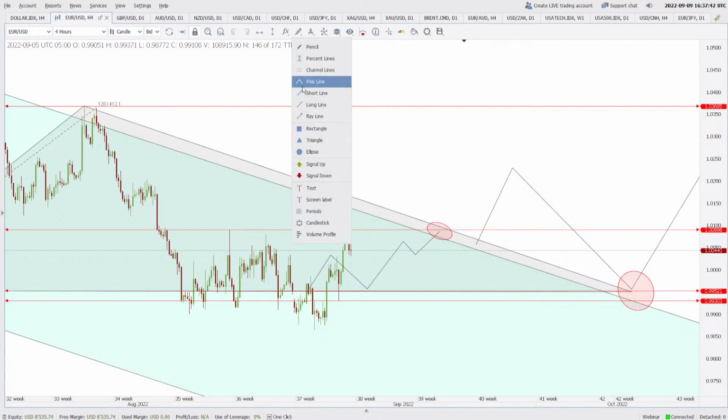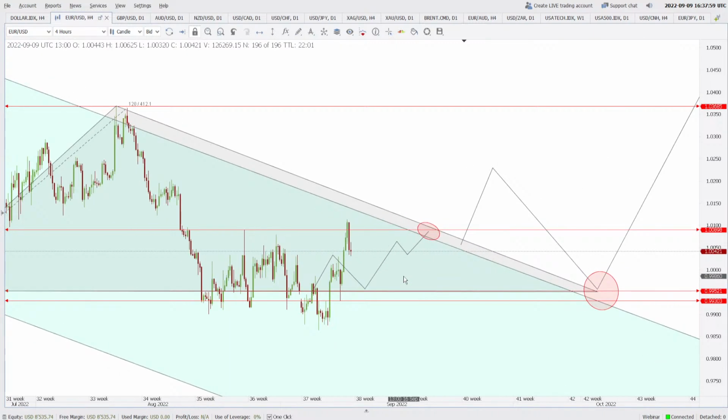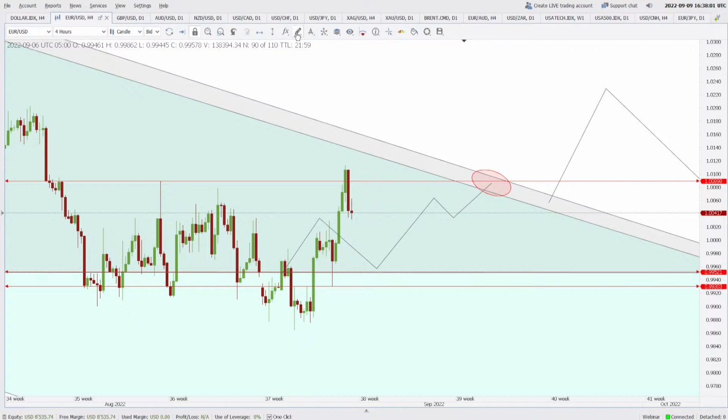What I'm trying to say here is that if something like this starts here and the price is still here on 20th of September, then there's a high possibility that the price will go below 0.9930. Now that is what I mean to say. So it is about time and space. Okay, but if it finds something like this, I'll show you one channel here.